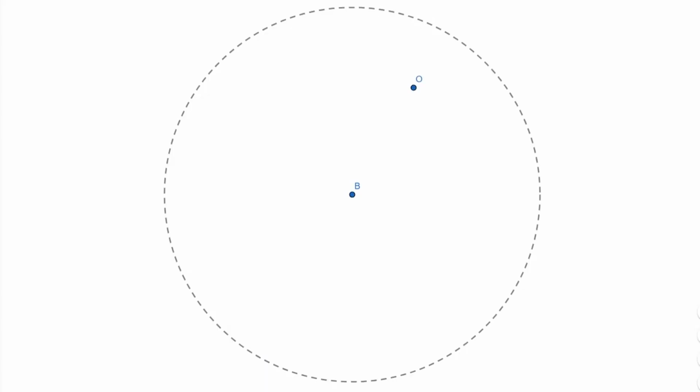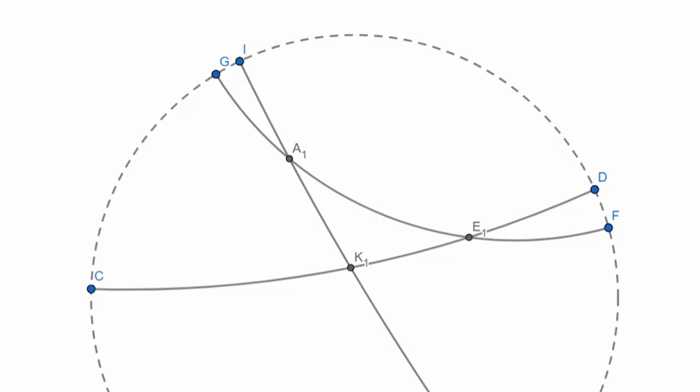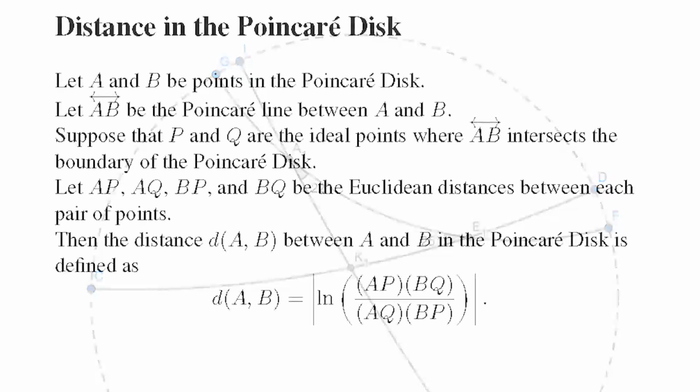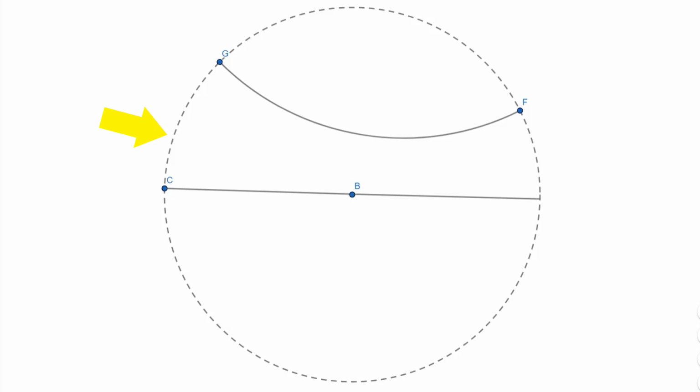In this model, the term point is defined as a point in the interior of the unit circle in the xy plane. The term line is defined as any diameter of the unit circle or any circle that intersects the unit circle at right angles. And in both cases, only the portion of each circle or diameter that is in the interior of the unit circle is considered a line. Angle measure is the usual angle measure in the xy plane, but distance is this weird logarithmic measure that's built out of the regular distance measures in the xy plane. Notice that this weird distance measure makes every line infinitely long, and so the edge of the unit circle represents the points at infinity.